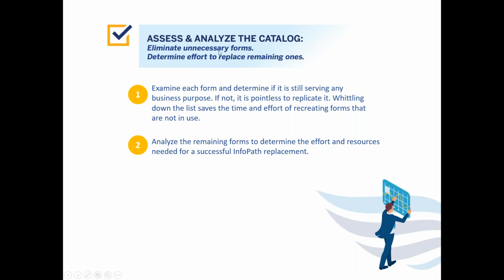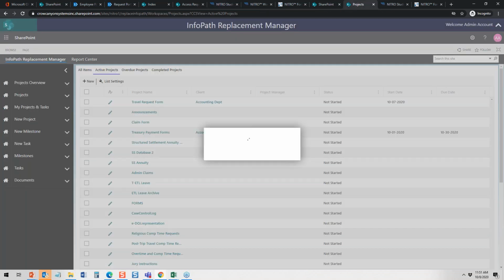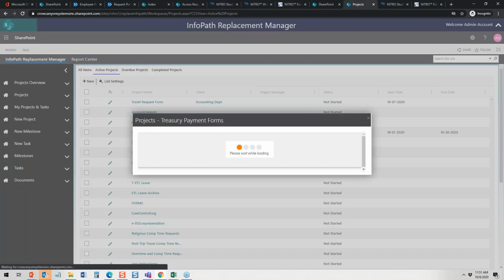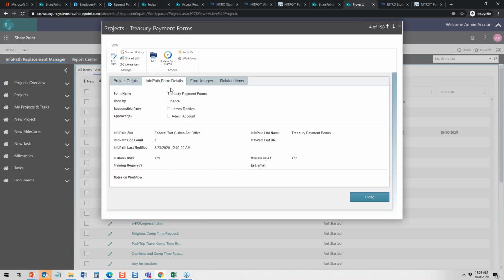Hey, we don't need to make this form over. We need to adjust it, change the workflow. You want to analyze the form's time, effort, and resources necessary for successful deployment. So looking again at our InfoPath Replacement Manager here, the projects, when you open one of these up, you can do this on spreadsheets, you could do it on paper even if you want, but we have this available because we found it really helps with our work, and we adjust it according to the organization's needs and how